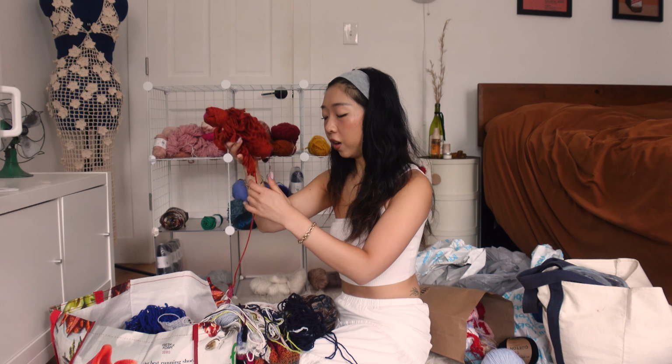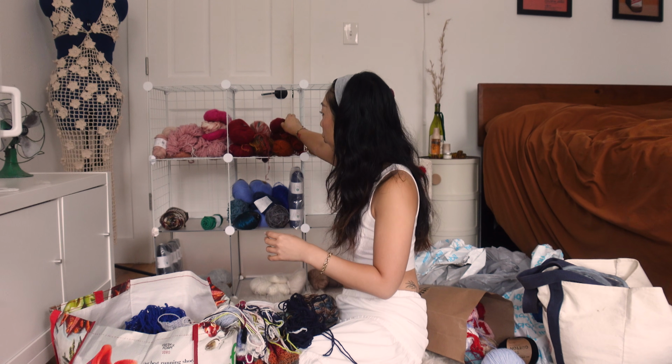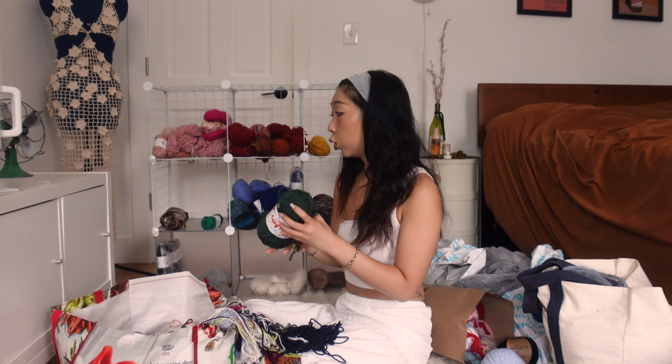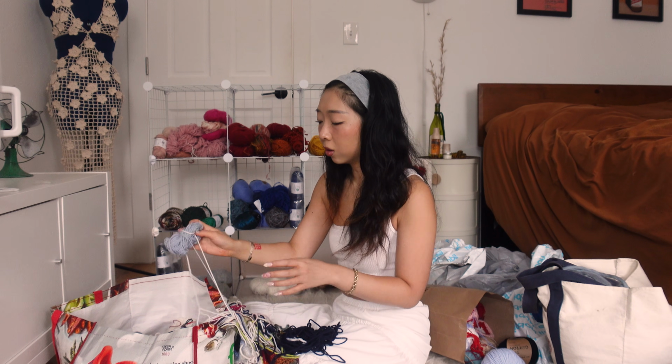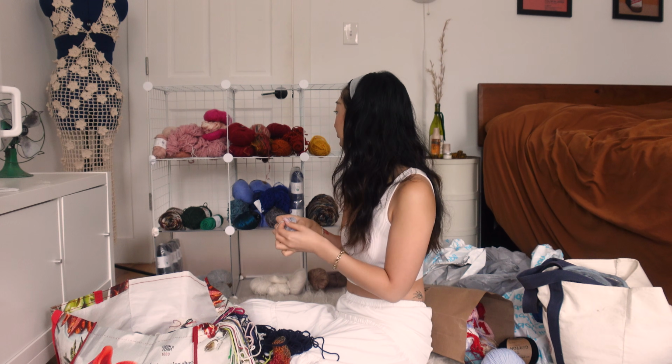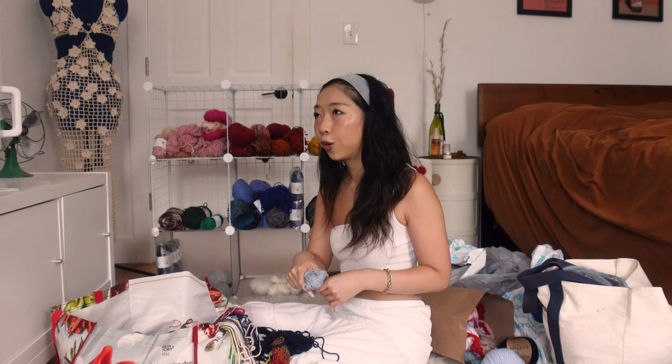Next question is, what are your favorite types of crochet projects to do? I actually like bigger projects because I really enjoy the process. I really do not make things for the end result, because you guys know I don't really wear them, and that's why I'm always making things for friends. So I like these longer projects that allow me to flow state more and think less. Because if you're making something small, say my rosette bralette, first I'm making the cups, then I'm making the band, then I'm making the straps, then I'm making the ruffle,